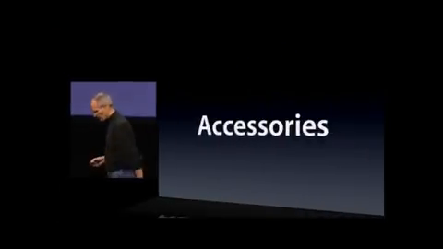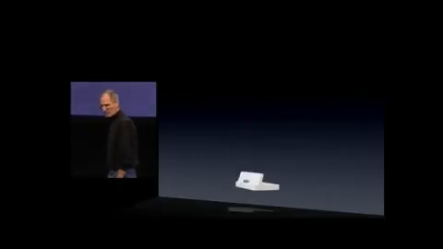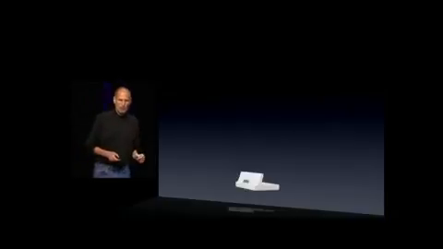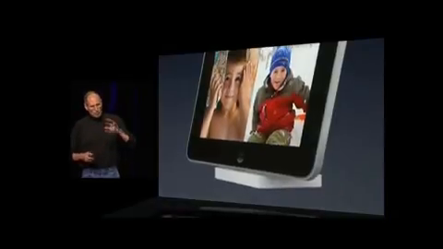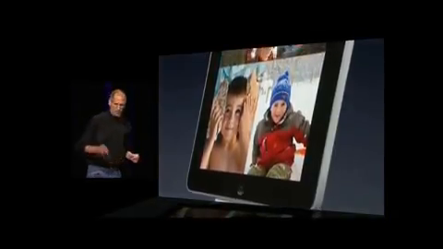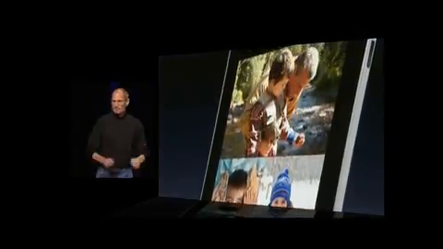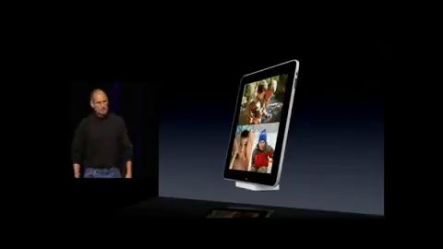We've got some really great accessories as well. Let me show you 3 of them. First one's very simple. We have a dock. Well, why is that so interesting? Because, you know the slideshow I showed you? Well, when you're in the lock screen, there's a little button that you just push, and it puts you in the slideshow, and you have a great picture frame to look at your photos while the iPad is charging on your